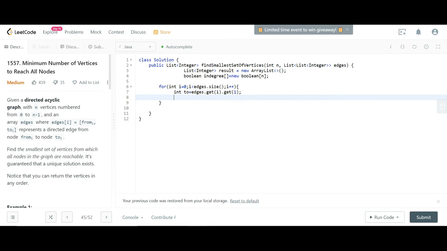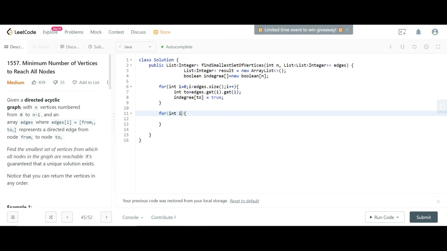So now in this inDegree array, in the to field we can make it true. So whoever has a to value, we will make it true, and at the end we'll check who doesn't have the value as true.